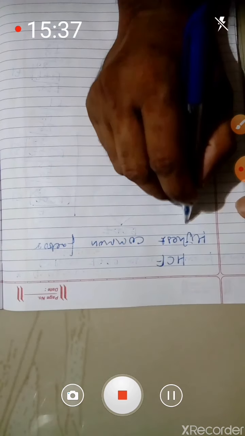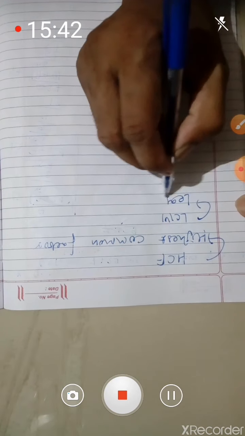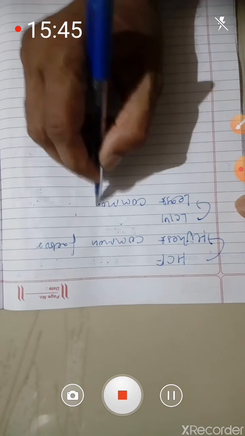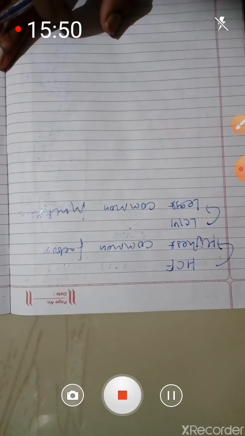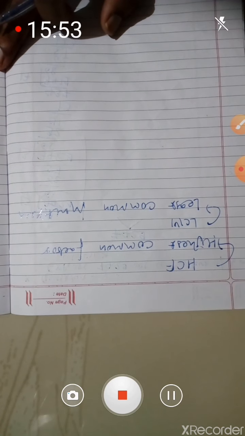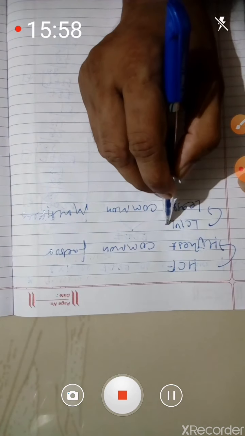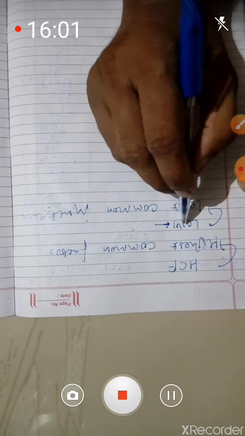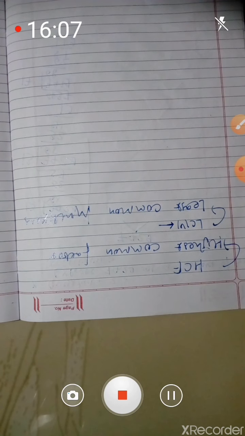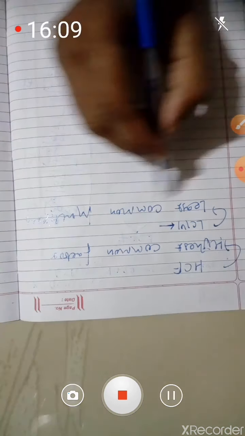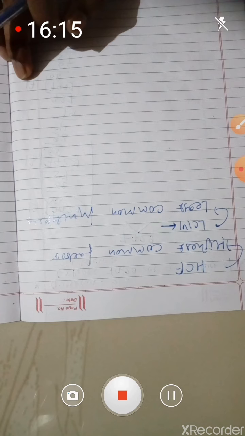Okay, next LCM. So LCM means what? Least or lowest common multiple. There are so many multiples of 2 or 3 numbers, but out of these we want the least or lowest, the first common multiple. So this is called the least common multiple. If you remember, you use it frequently in adding or subtracting fractions. So LCM is frequently used, but HCF is also used in 10th standard.